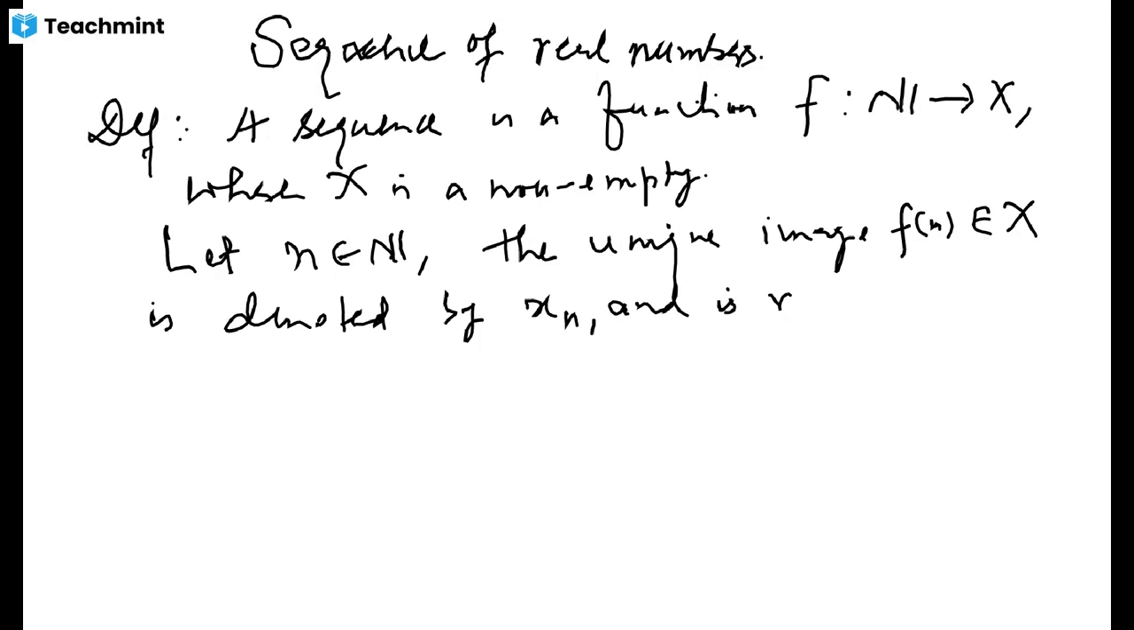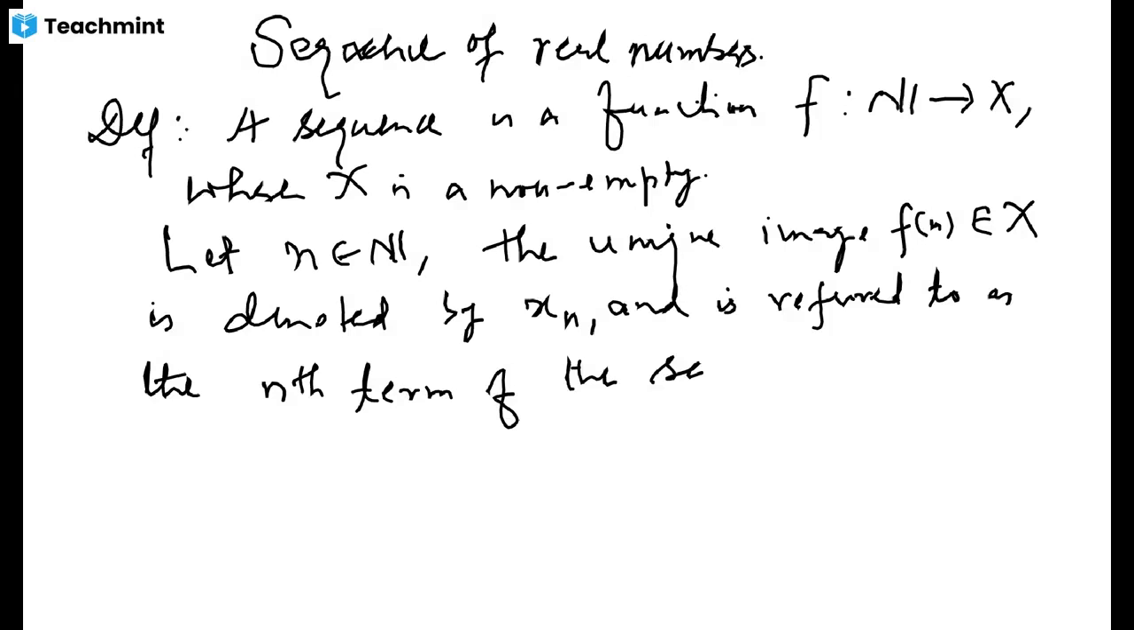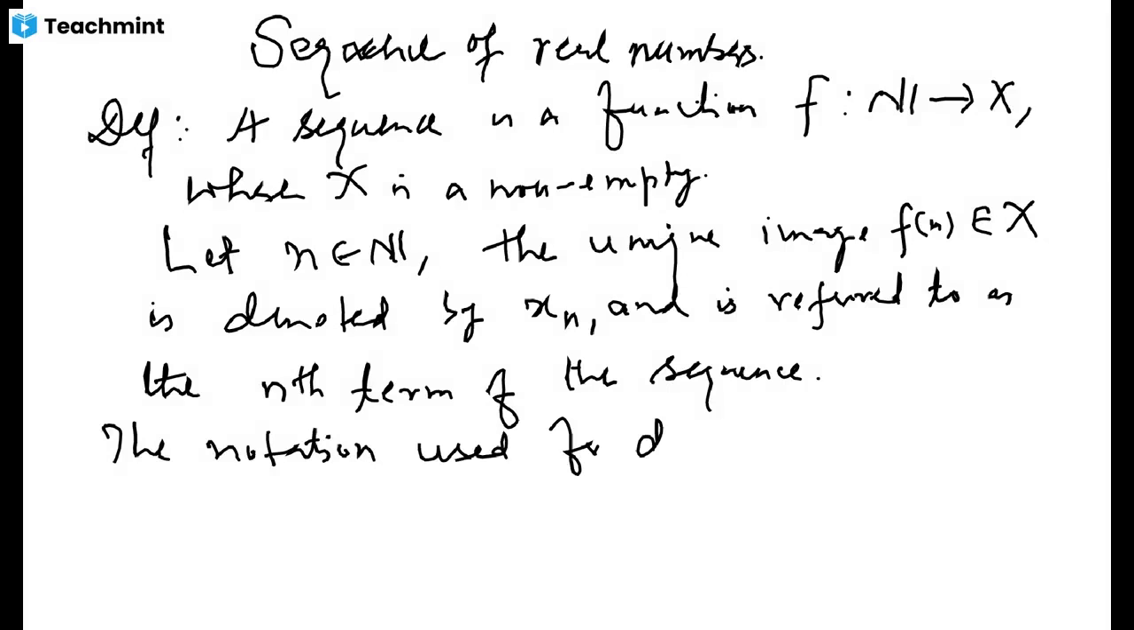the nth term of the sequence. Whatever sequence is given to you, it is referred to as the nth term of the sequence. So that is the nth term of the sequence. The notation used for denoting a sequence is usually denoted by xn or